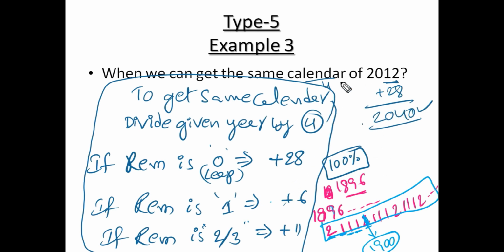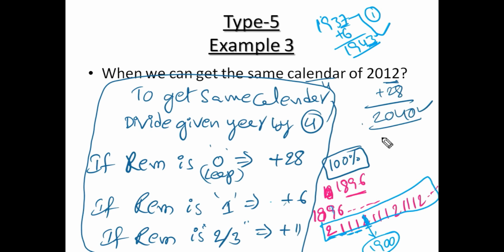See, suppose the year number is 1937. 1937, 36 is divisible, remainder 1. If the remainder is 1, add 6. If we add 6, the answer will be 1943. Before giving the answer as 1943, just to verify, between 1937 and 1943, is there any non-leap century?